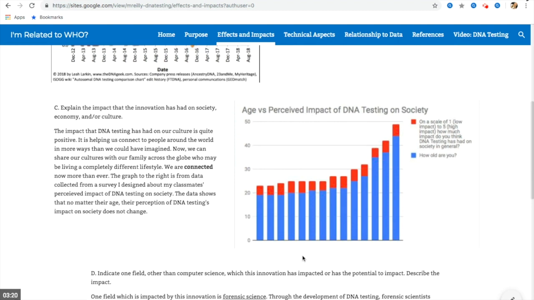DNA testing has not only affected people on a personal level, but also on our culture. DNA tests input your information into their website, and other members can see if they have any family connections to you. It is helping us connect with people around the world who we may have never spoken to without this innovation. This graph here to the right